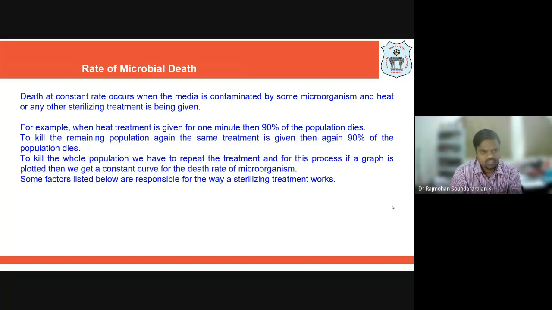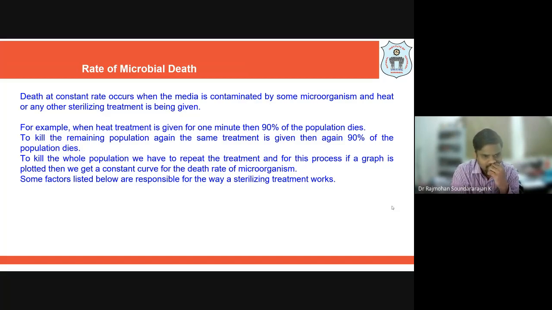If you look at this, what we are doing here is trying to kill the microorganisms, anything that is present in the system. We are not talking about the inoculum, our own pure culture, that is different. We are talking about other than our desired microorganism, no other microorganism is supposed to be present in the system. So we want to kill the microorganism. Obviously we should know what is the rate of death of any microorganisms.